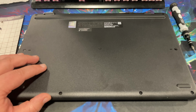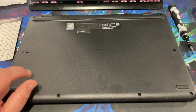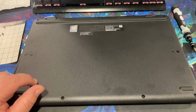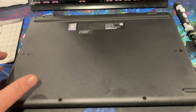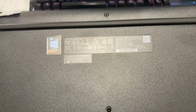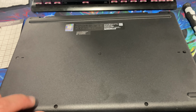I have previously done the AMD 3050U and the 3020E and the 3050E. This has the 3015E processor in it, and this is a Lenovo 14W Gen 2. Now I did the Gen 1 a little while ago when it came out. It's been a couple years now, honestly. And it was a pretty decent computer, a lot I liked about it,